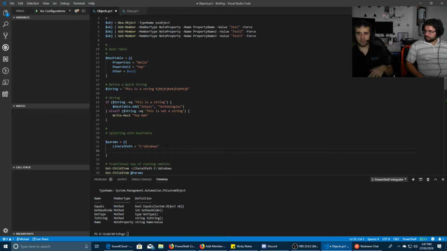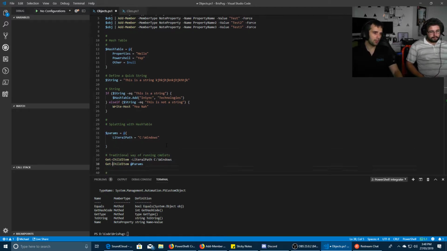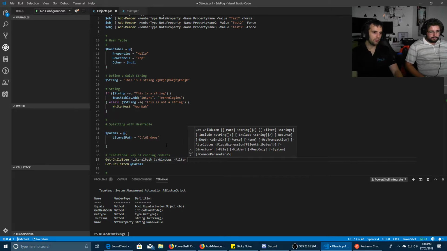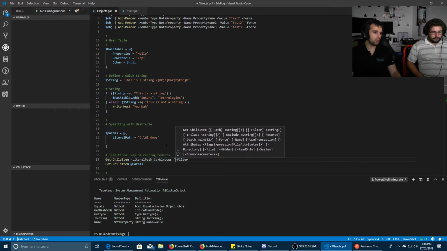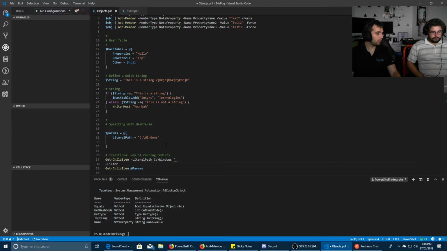Now, obviously you can use an escape sequence. What I mean by that is, let's say I've got another filter, for example, and I want to use filter. I can use the backtick and then put it on a new line. That will work. But